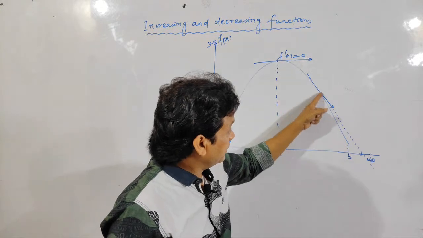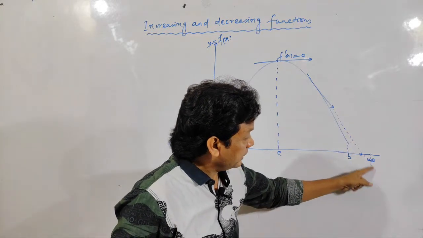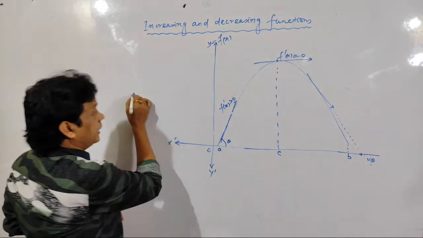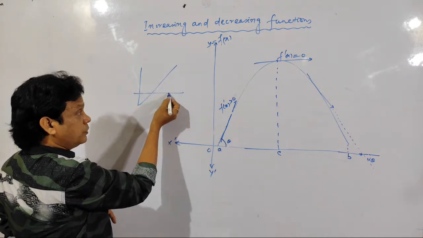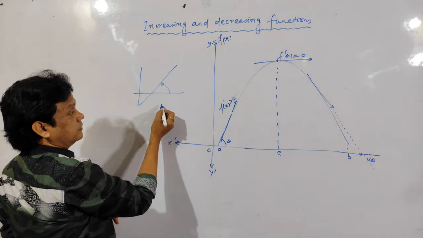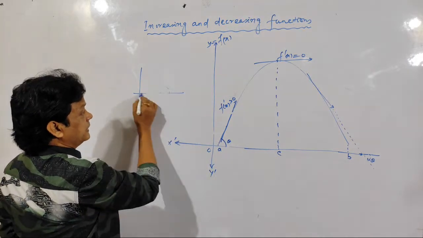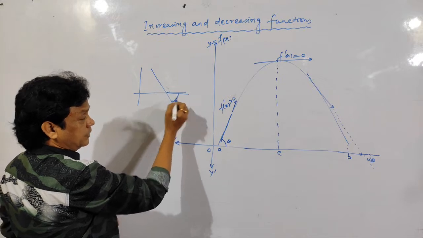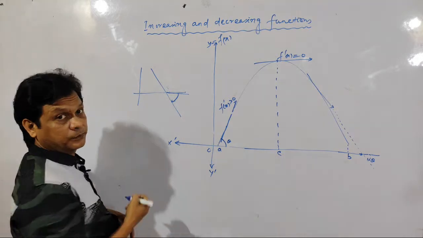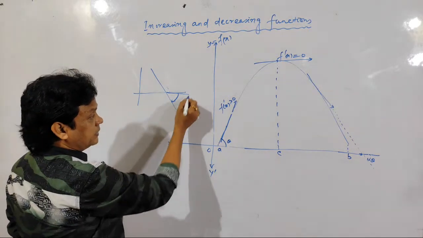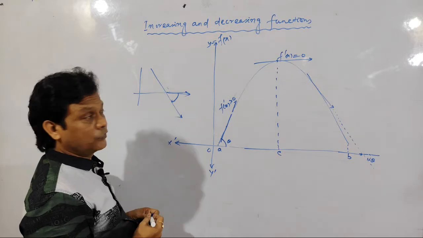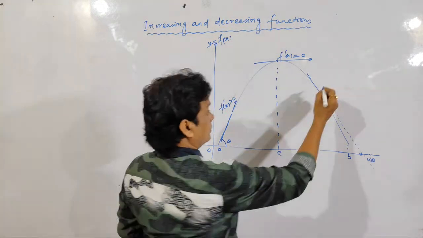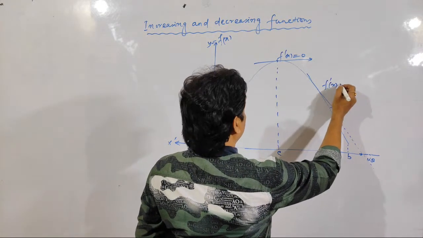You will draw the tangent, and the angle which it makes with positive x-axis is measured from x-axis. Again I am telling you, you should measure from x-axis. And if you want to measure this angle, you should measure in this direction, from x-axis towards the line, because the line is moving in this direction, and here the line is moving in this direction. Okay. So tan of minus theta is minus tan theta. So in this case, f dash x is less than 0.